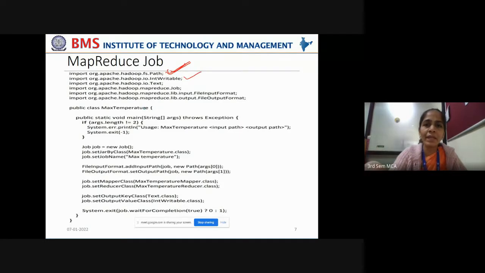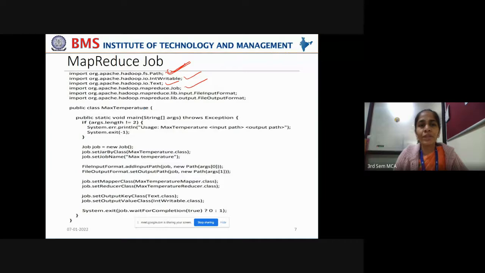Again, you're using IntWritable and Text data types in order to read the key value pairs. And you're also taking the MapReduce Job class.